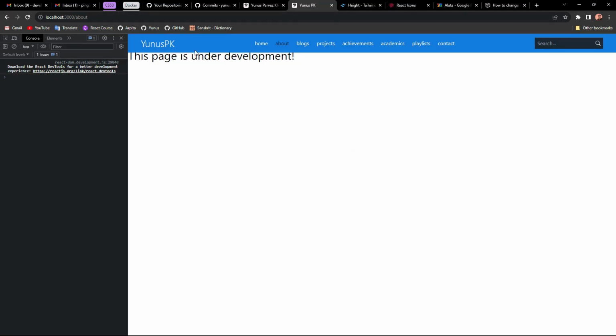So we need some height from the top, right? What's happening here is the navbar is in fixed position, and so whatever is coming in this page is not coming from top 0 relative to that thing. So we have to give something at the top so that this thing comes below that thing.